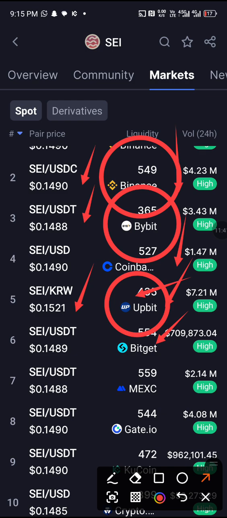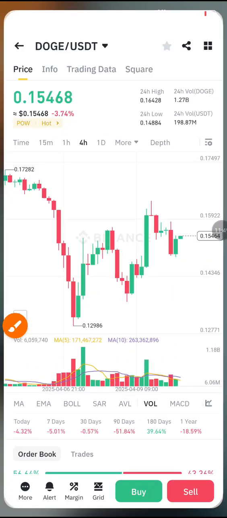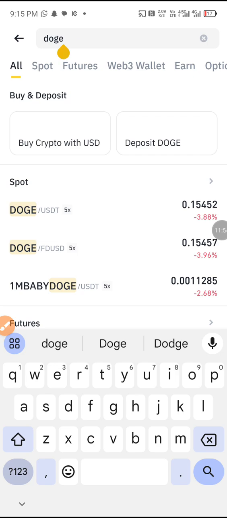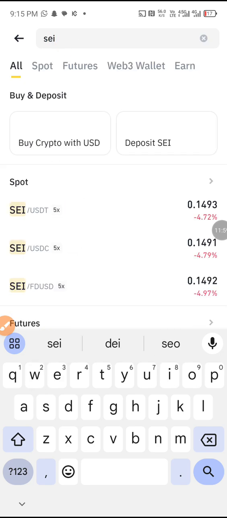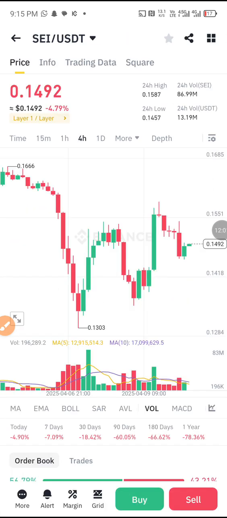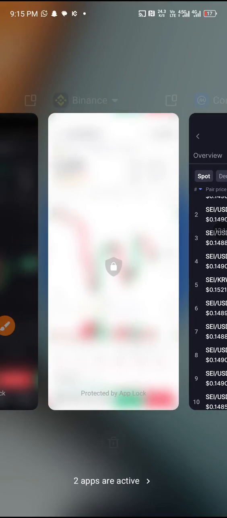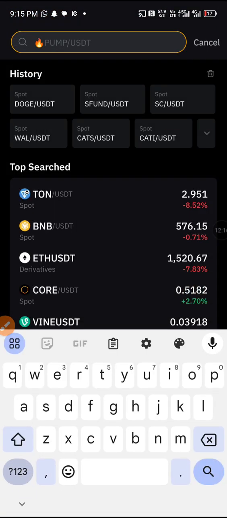All right, so this brings me to the end of this video. But before I go, we can still go to some of those exchanges to see if they are doing well. Look at Shay slash USDT here. What is it showing here? 0.1492 on Binance. Okay, let's go to Bybit and see how much Shay is doing.